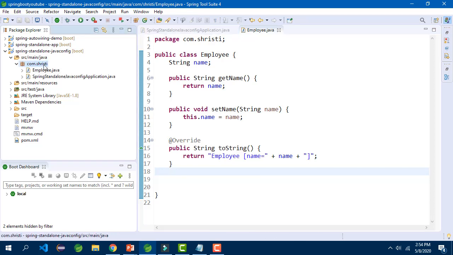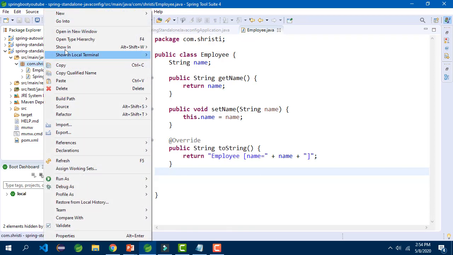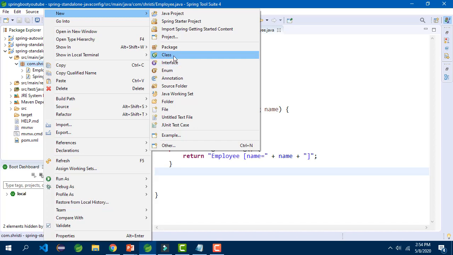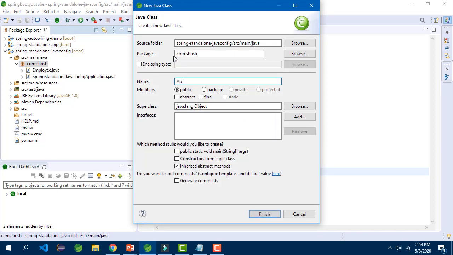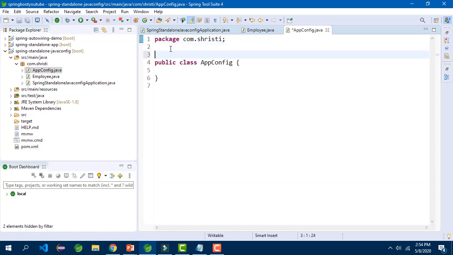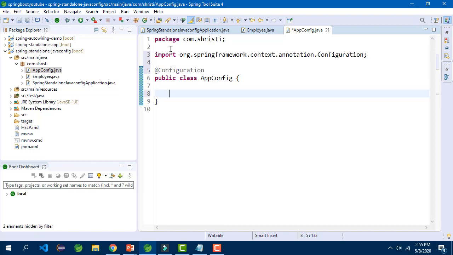Now let us create one more class, which will be my configuration file. Let me give the class name as AppConfig. This class should be annotated with @Configuration. Let me import it. For importing, we can use Shift Ctrl O. Within this, I need to create a method that returns an Employee object.